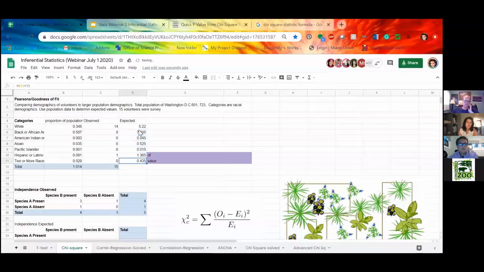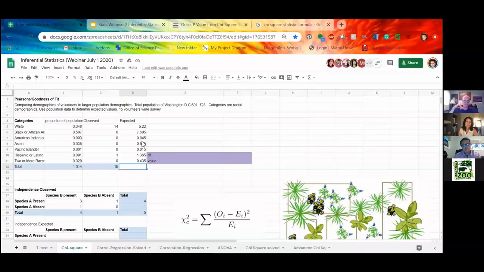Okay. So then I should be able to say, if my sample represented Washington, D.C., about 5 people should identify as white, about 8 people should identify as Black. I may have 1 to 0 volunteers who identify as American Indian, and so on and so forth. So looking at my data, obviously, this is going to be something that is very far off. My observed are very far off from my expected, but we still need to go through the process of putting